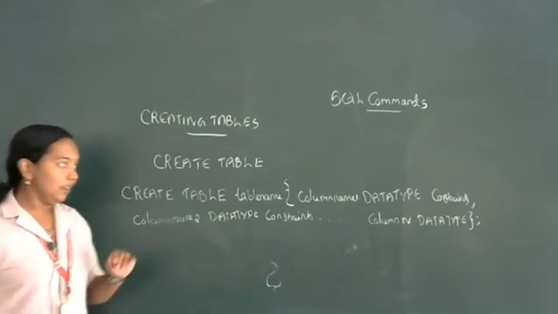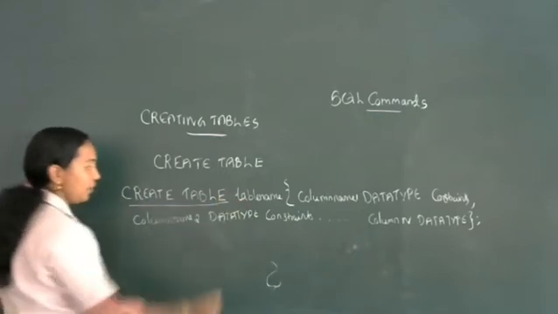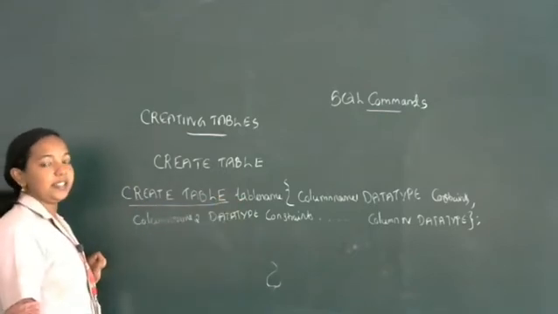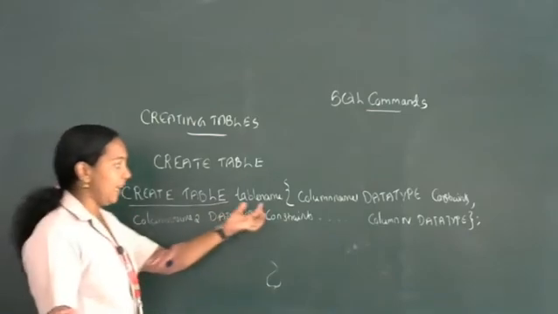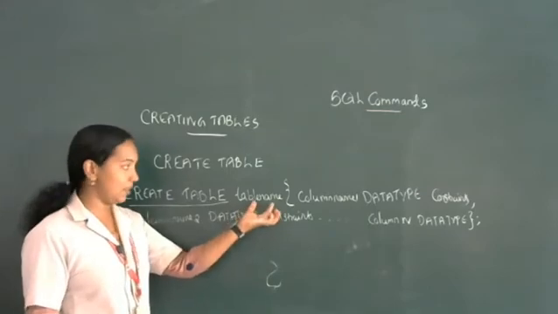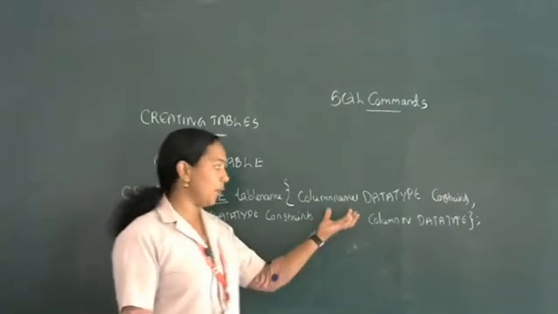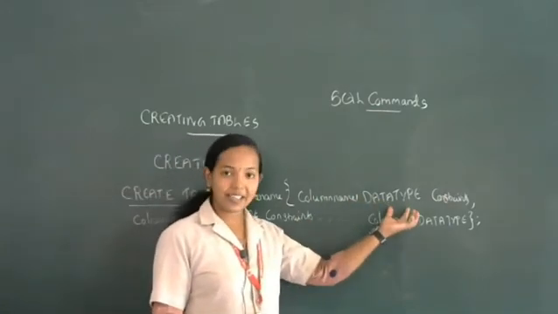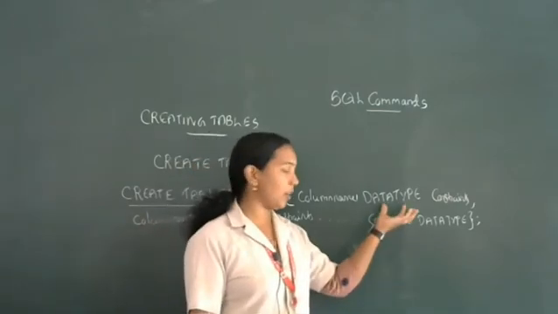So here, what is our table? Which command are we using for creating a table? Create table command. Then you want to give a suitable table name for our table. Then the name of the column you want to specify here, and the data type, if it is number or string or date, you want to mention here.